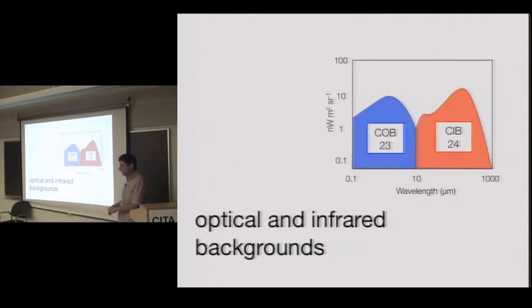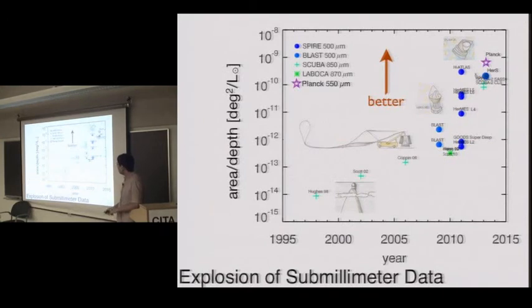So why does the infrared, why does submillimeter seem so new, right? If we have a plot, and here we have it, year versus the area of a survey divided by the depth of the survey. This Hughes 98 submillimeter galaxy, Nature paper, very famous. And then in the next 5, 6, 7 years, we had a little bit more progress from SCUBA at 850 microns and 450 microns, some Bolocam. Then here in Toronto,